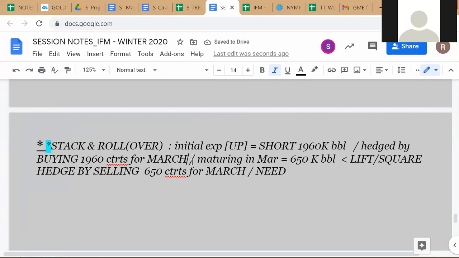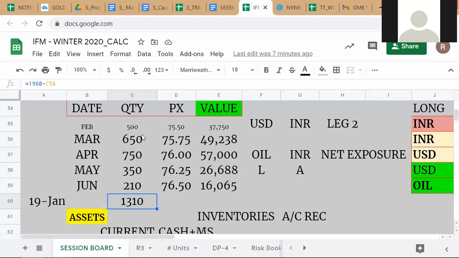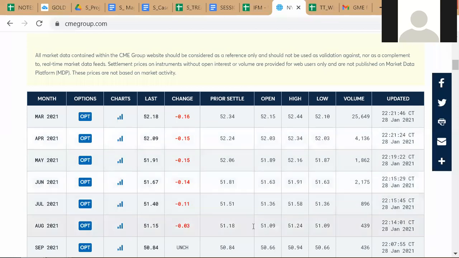Now, this is the stack part. What is meant by stack and rollover? You understand the word stack? A stack is like when you go to the library and find a big stack of books on the desk. Anything put together in one heap is a stack. So instead of hedging against each maturity month, perfectly matching the maturity of the hedge to the maturity of the underlying position, month against month, you look at the